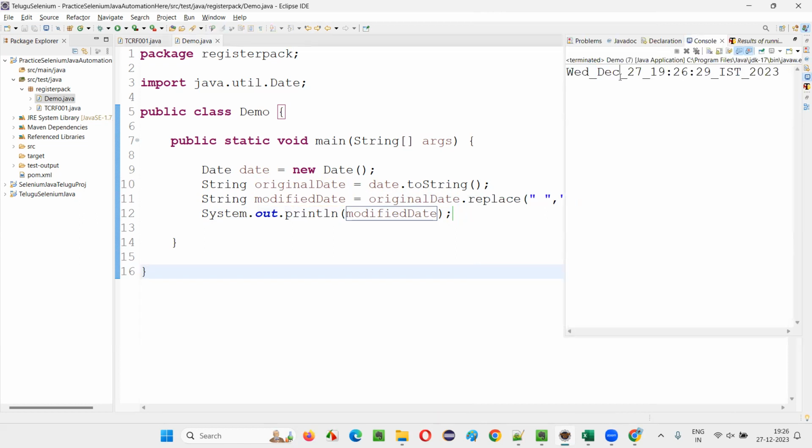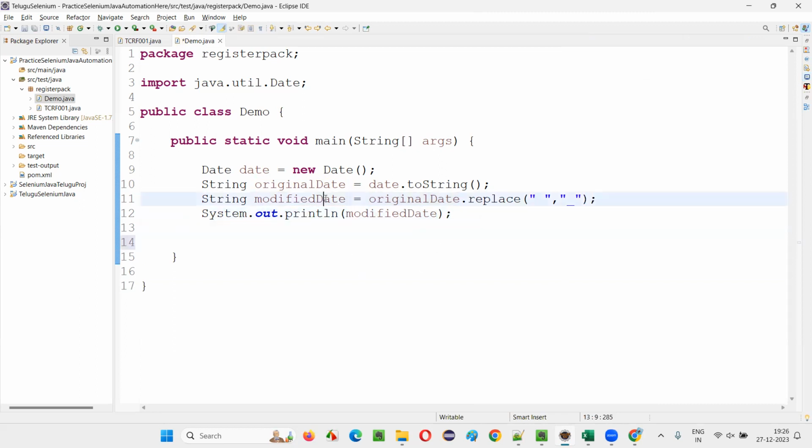You see, wherever the space is there, underscore has come. Now I can append this part to my email address. Every time I create an email address, I'll append this part, okay? So I can even do one thing like this. Anyhow, this will keep changing, right? So simply I'll say this modified date,